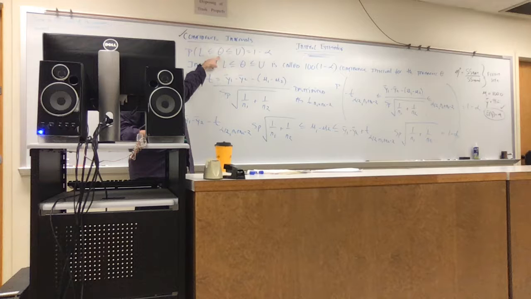So we say that the probability that mu1 minus mu2 is between, what's all this stuff? It's between this side of the equation and this side of the equation. So these are going to be our bounds, the lower limit and the upper limit. This is all the lower limit, that's L, and this is all the upper limit over here, okay?